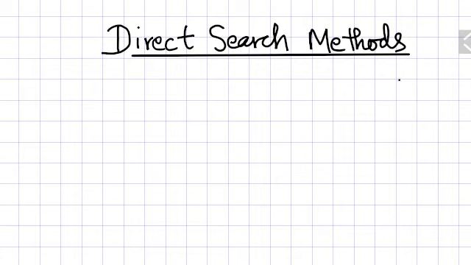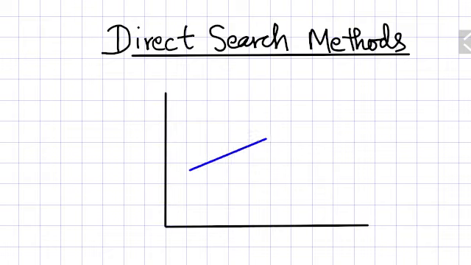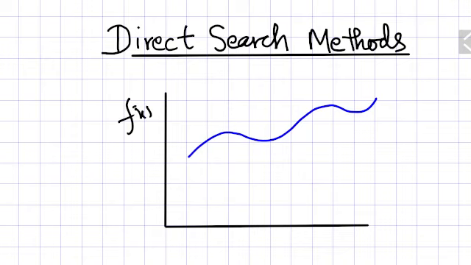In direct search methods, what we do is that we make a direct search. So you will be asking, what is this direct search? What we do here is, suppose this is your function. Suppose your function is like this, this is your function f(x), and the f(x) value is here and x is here. So this is the trend.